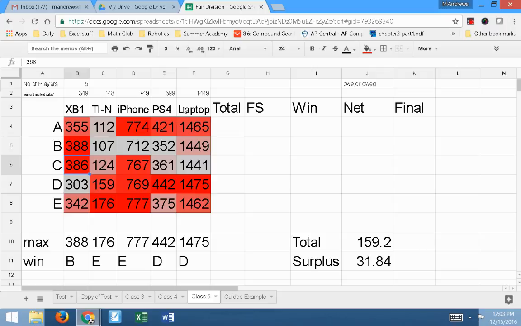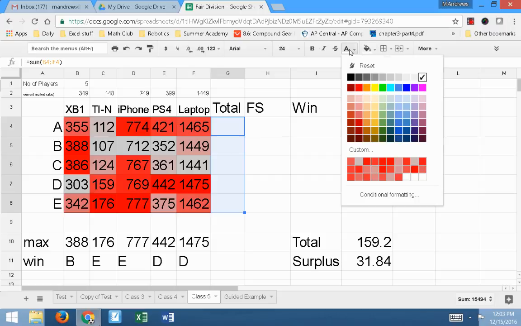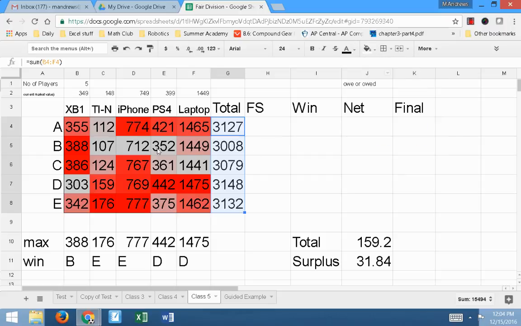And I have down here a way of monitoring who wins, just through some coding that we've been able to use through Google. So say for instance, instead of 303, if I put 403, D now becomes the winner, and that's going to automatically update. And if you saw down here, there were numbers that changed because I have this spreadsheet set up this way. Calculating fair division, everybody's made their bids, and so now we start going in with the actual calculation. So first thing that you do is total up everybody's bid, and you see, player A believes that all of this stuff is worth